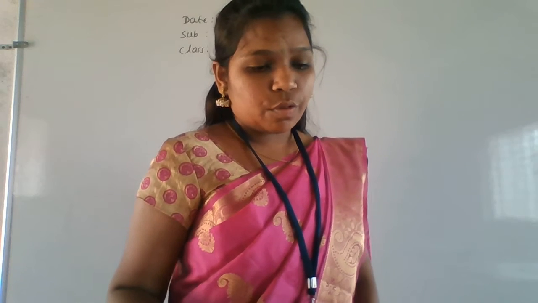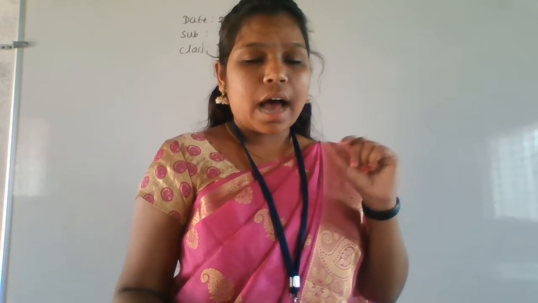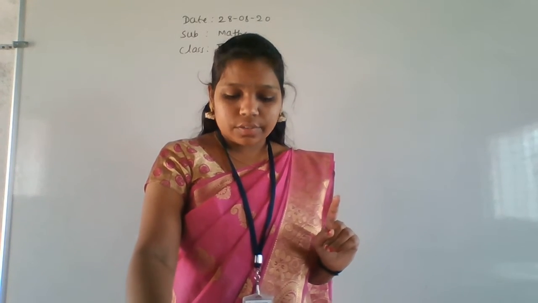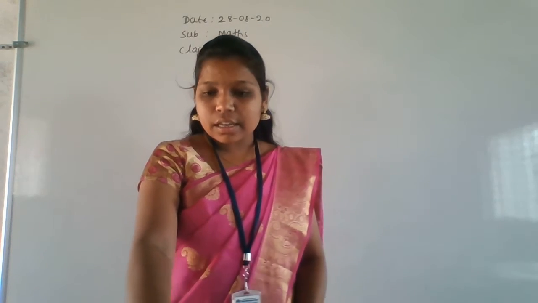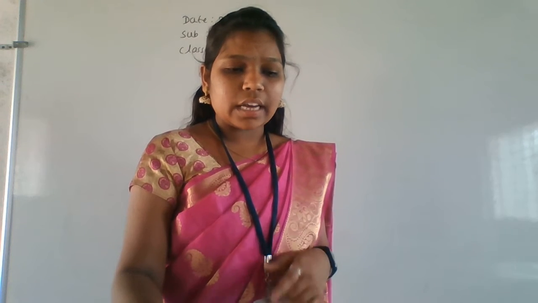So next, we'll go for the 11th question: determine the sum of four numbers as given below. They gave four numbers, so you have to add all four numbers. Sum means what? We have to add here. So here we are adding the numbers: successor of 32, first one, successor of the successor of 67, predecessor of 49, and predecessor of the predecessor of 56.